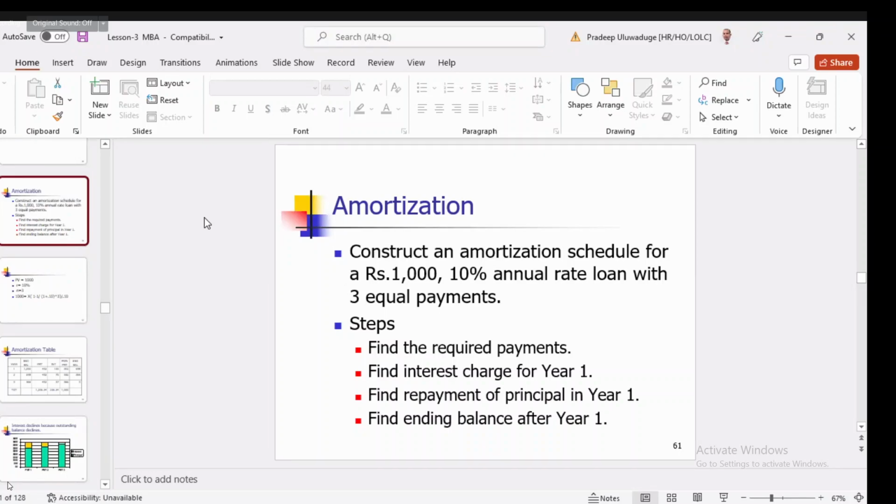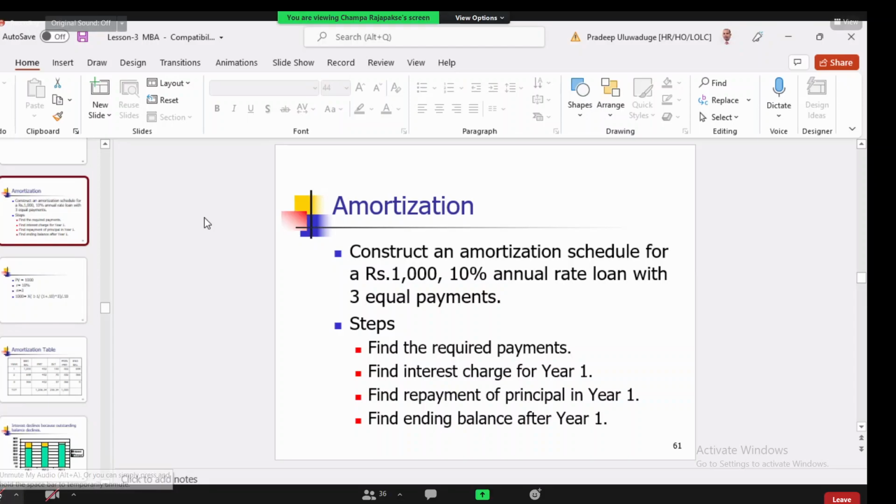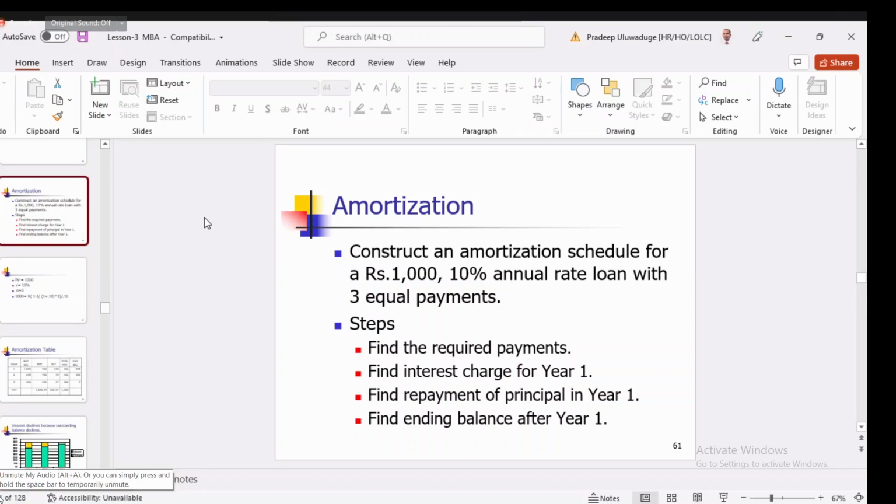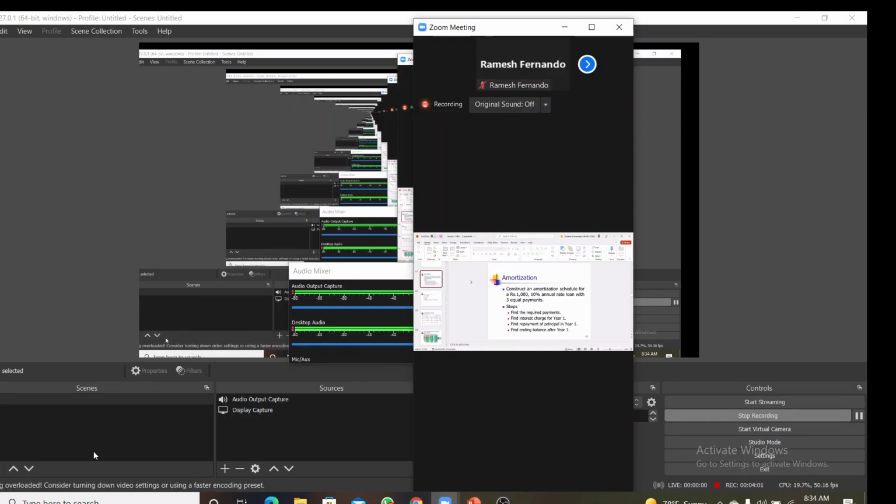The cash flow pattern is in the form of an annuity. So we know how to calculate the present value and future value of the annuity given the time period and the interest rate, and either the future value or the present value. And